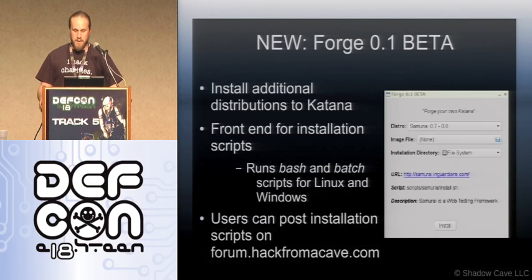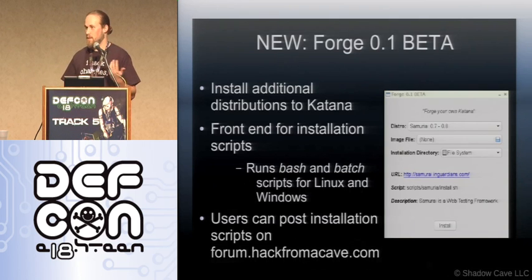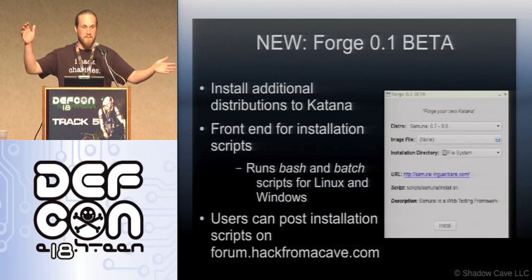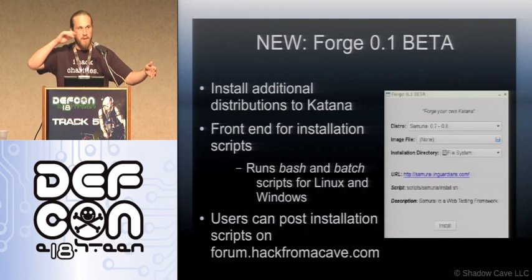So right now I have 3 different ones working: Samurai, Weaknet, and something else that I'm forgetting off the top of my head. But hopefully by the full release I'll have at least a dozen is what I'm shooting for. So while you already have 10 distributions on there, if you decide you want the kitchen sink, you can have 10 different distributions, or I guess at that point like 20 different distributions on your thumb drive